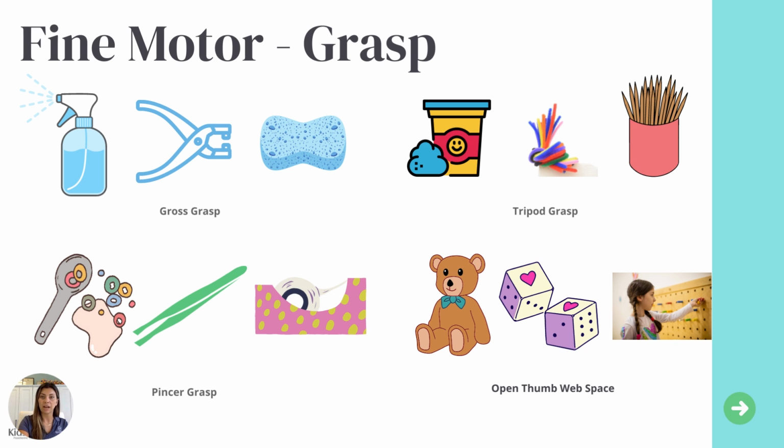Then pincer grasp refers to the pad-to-pad grip needed to pick up small bead-sized objects. And it's important for many fine motor activities and functional skills, such as just holding items between the thumb and the index finger, like the zipper on our pants. So things that we could be doing to work with that is